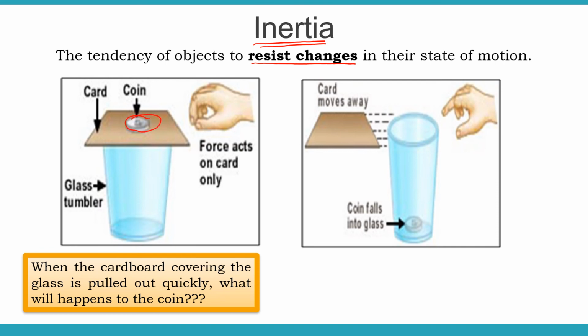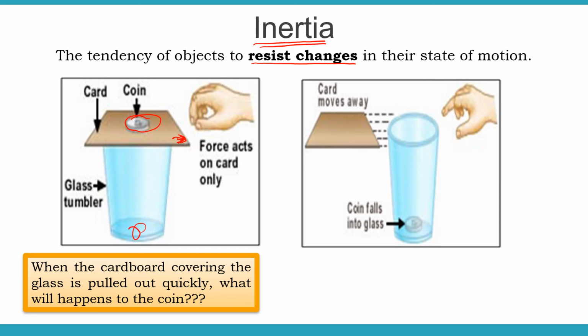Okay, so for example kita ada coin kat sini. So bila kita ada force yang dikenakan kepada this card, coin ni tak bergerak. Tapi bila kita kenakan force kepada this card, apa yang akan berlaku? Yang berlaku adalah coin ni akan jatuh ke bawah. Okay, bila coin jatuh ke bawah, maksudnya dia still tak bergerak kan? Dia remains, dia resist to change, kecuali kita kenakan force kepada cardboard tu, barulah duit tu akan jatuh ke